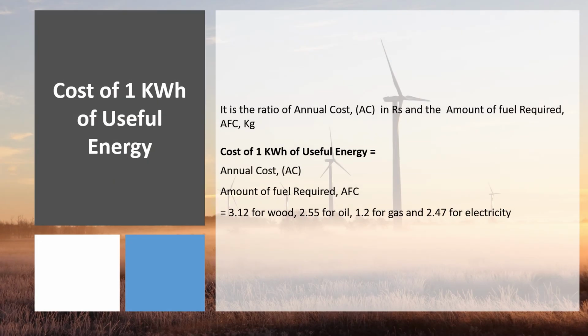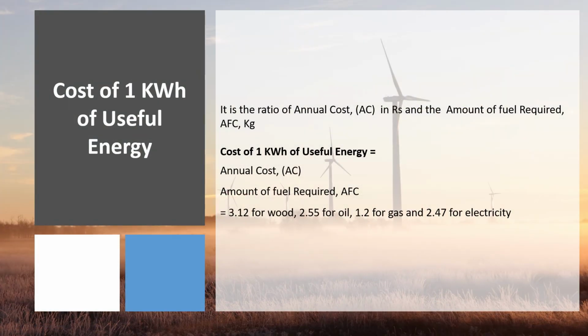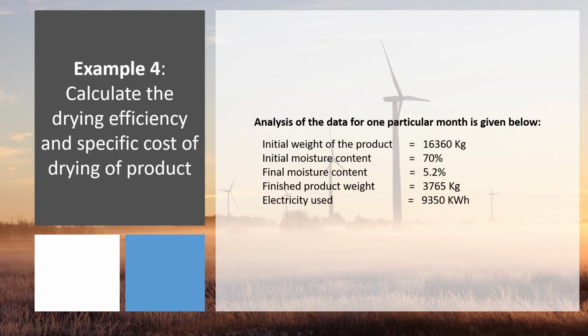Then we calculate the cost of 1 kilowatt hour of the useful energy. It is the ratio of the annual cost divided by annual useful energy delivered. Here the annual cost is 354781 divided by 109 into 10 to the power 3 kilowatt hour. The result will be coming out as 3.12 for wood, 2.55 for oil, 1.20 for gas, and for electricity it is 2.47. Let us take one more example of how to calculate the drying efficiency and the specific cost of drying